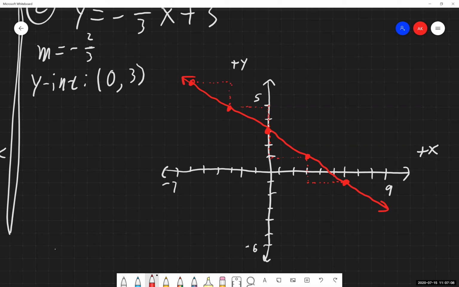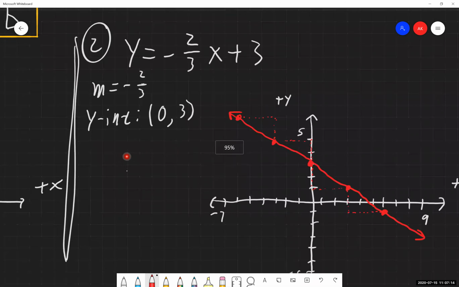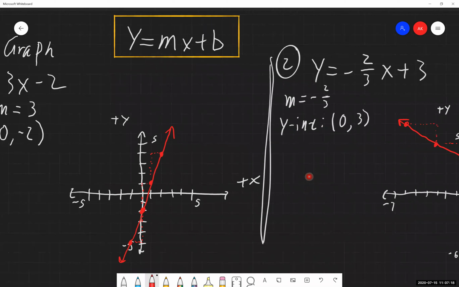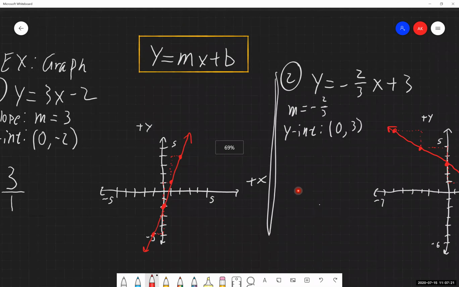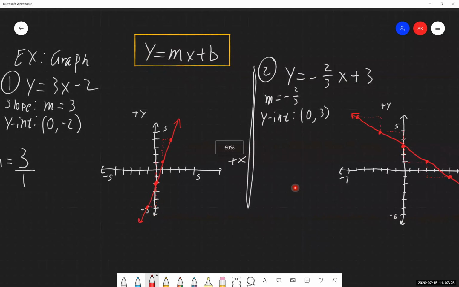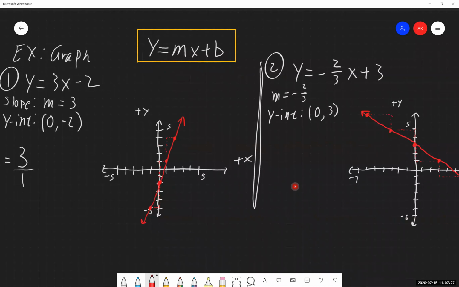So at this point, when we are asked to graph an equation, whether it be on the homework or on the test, in the Chapter 4 test, we haven't covered graphing for the Test 1 material, so this would be for Test 2. When we are asked to graph equations, we do have the option of using our previous methods of determining these points algebraically on a table and then plotting those points like that.